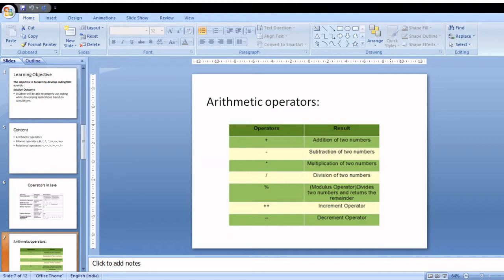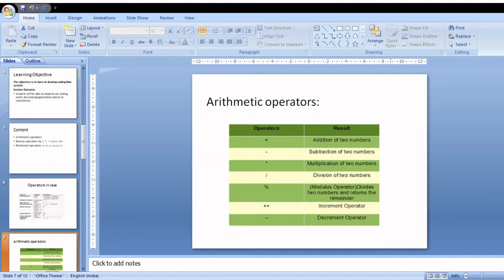What you are viewing on the screen are the arithmetic operators. It consists of symbols like plus, minus, star for multiplication, slash for division, modulus operator, which is a percent symbol, increment operator, double plus, and decrement operator, double minus.